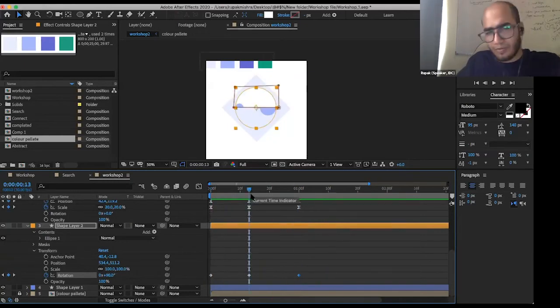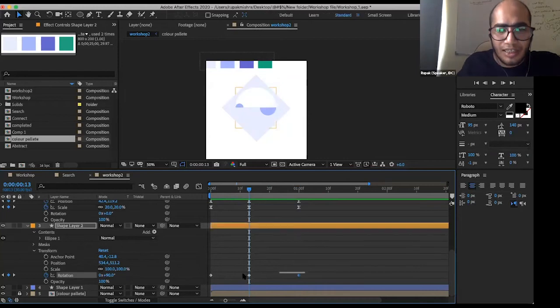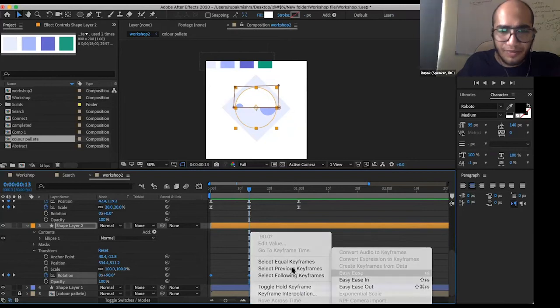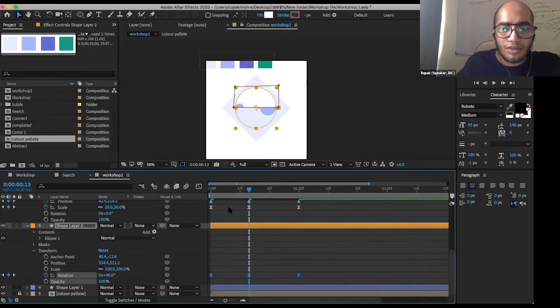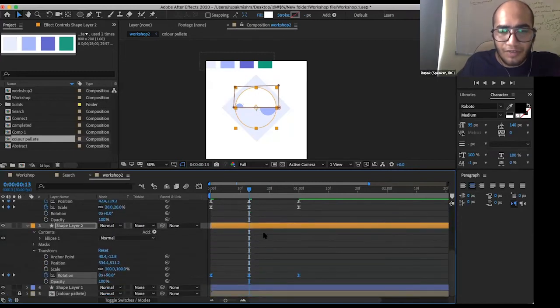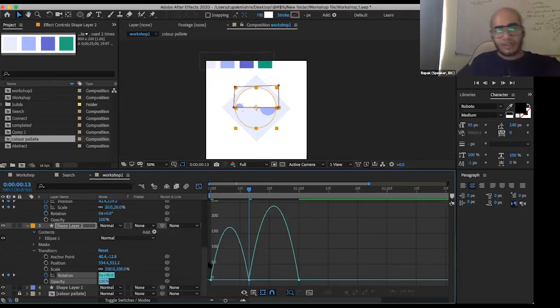So it's not looking as good because we have to adjust our keyframes, like easy ease. We'll easy ease all our keyframes again. Just right click it, keyframe assistant, and easy ease. And also, I think we have not edited the graph editor for everyone. Okay, we'll do that. First of all, go to graph editor of this animation. Amazing. So you can see we have 3 keyframes. So we have from 1 to 2 second and the second point to third.